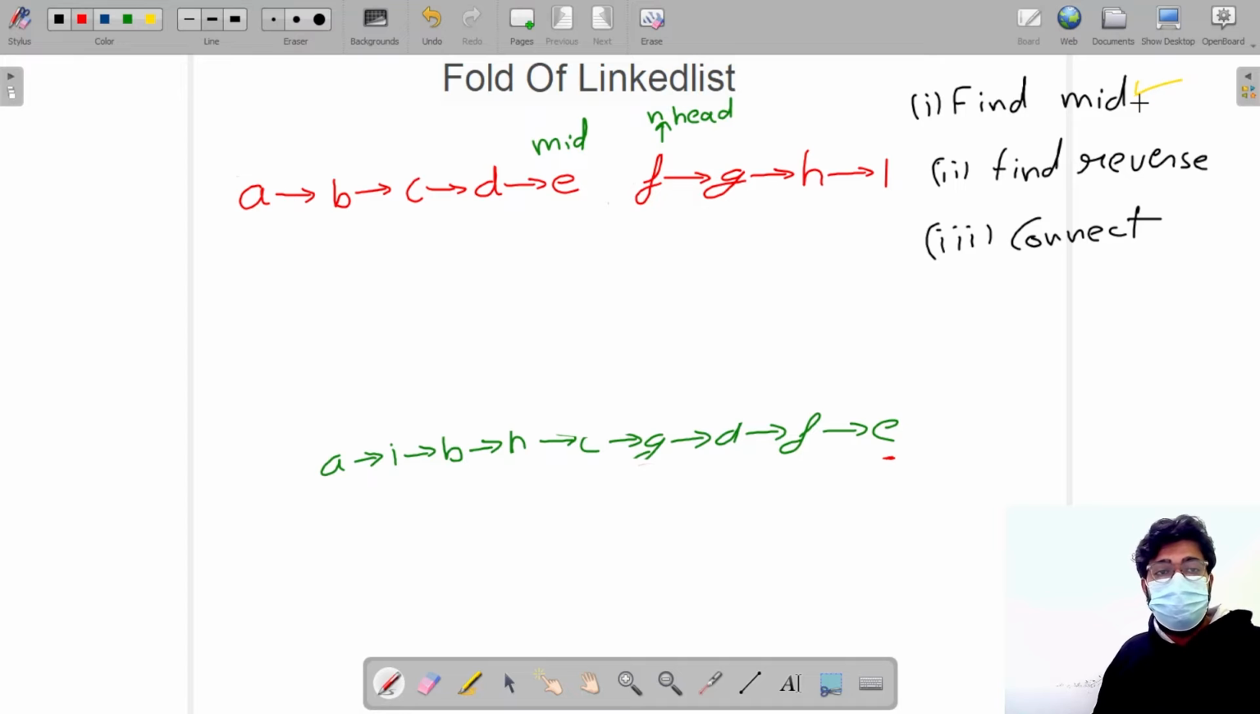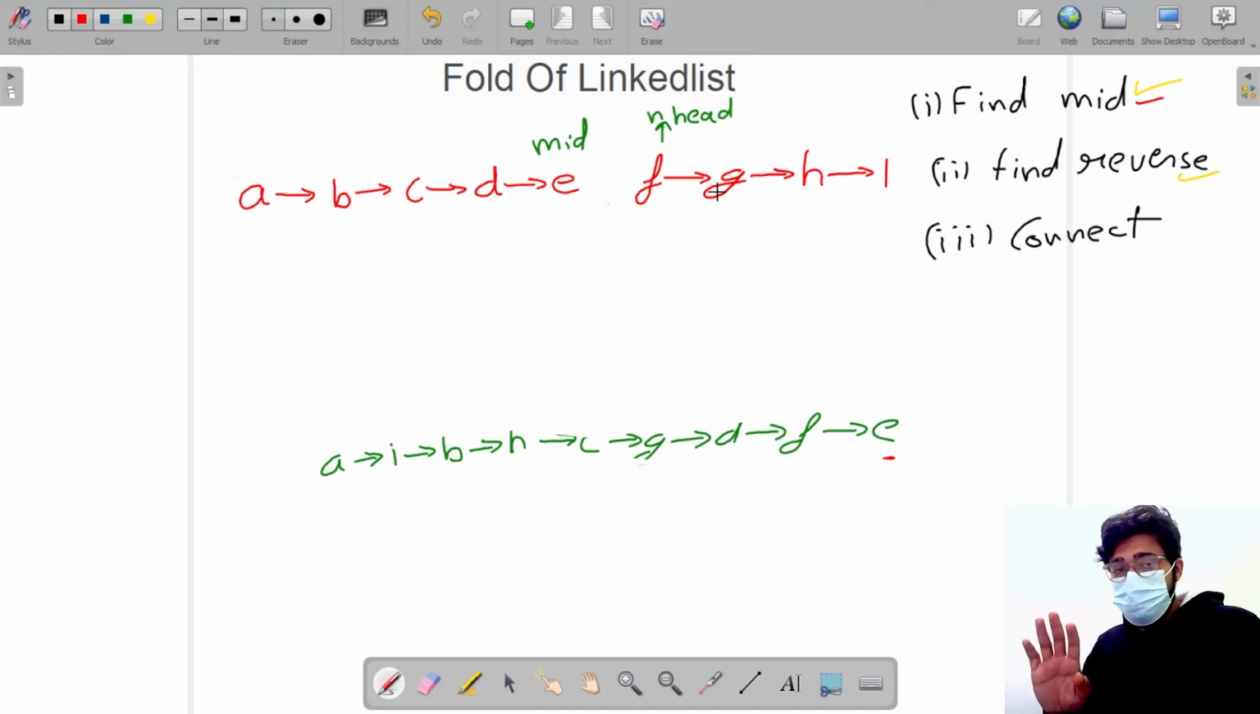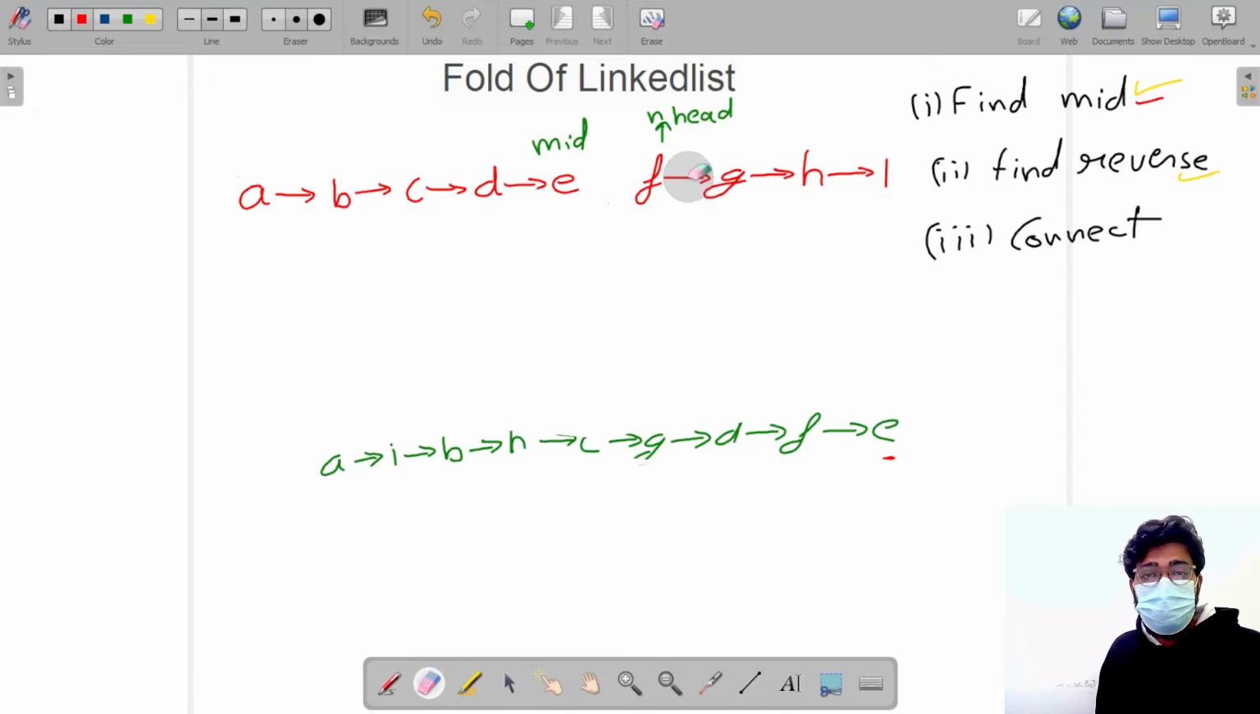So make it done. The second thing we are going to do is find reverse. Now understand that we just have to find the reverse. The reverse of F, G, H, I will be something like this. We will find it like I is connected to H, H is connected to G, G is connected to F,